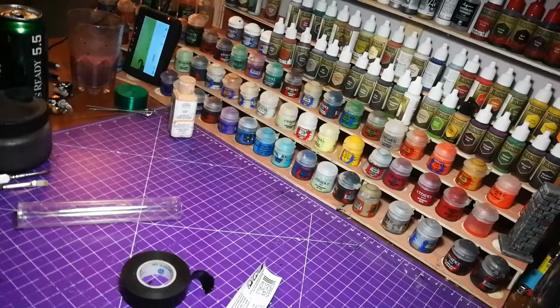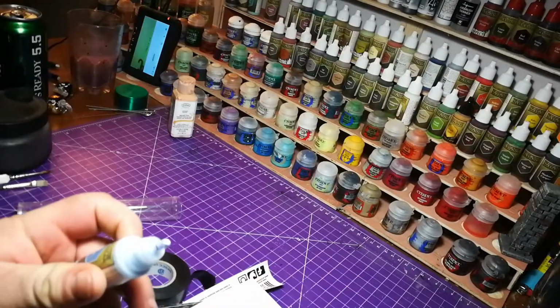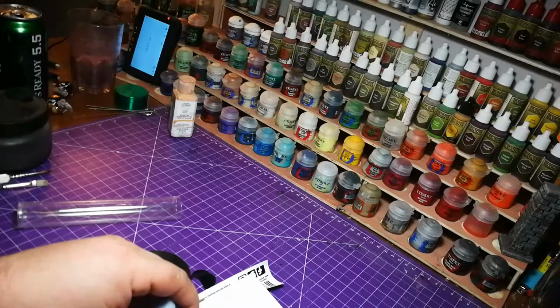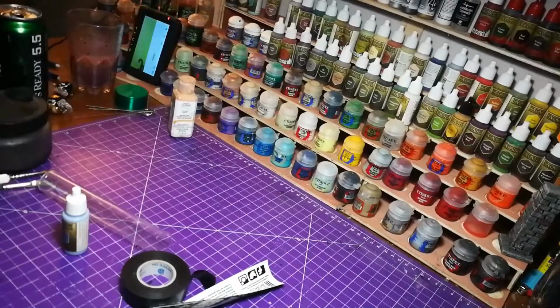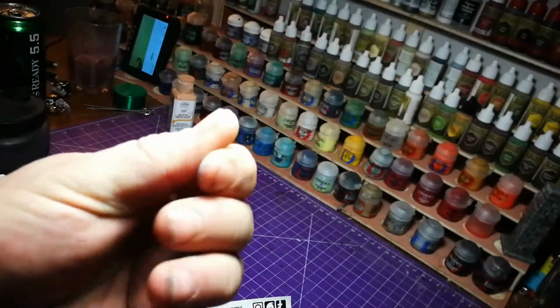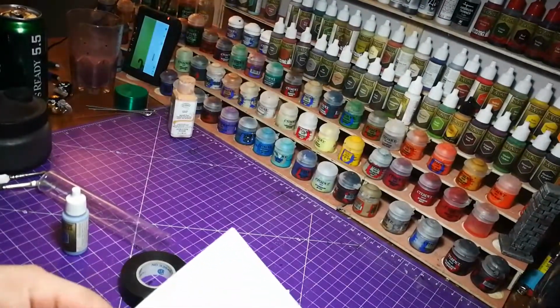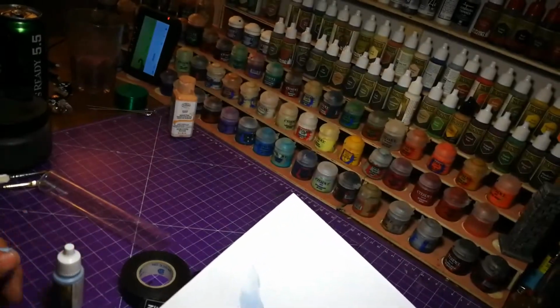Let's just see here. I'm not usually one for wasting paint, but let's just look at that. Well mixed. That is awesome. And how long did that take? That took me,